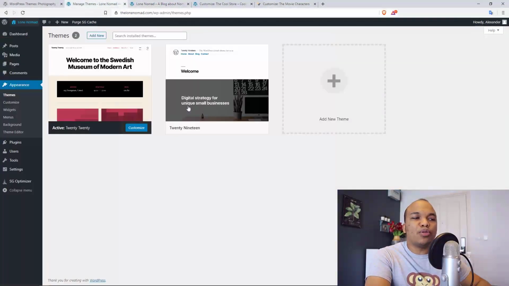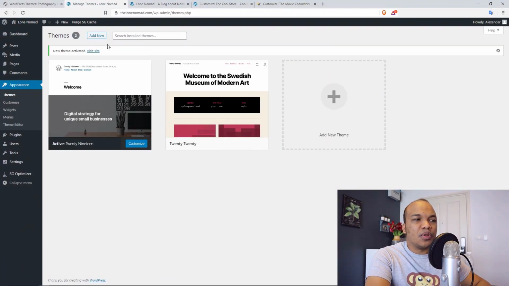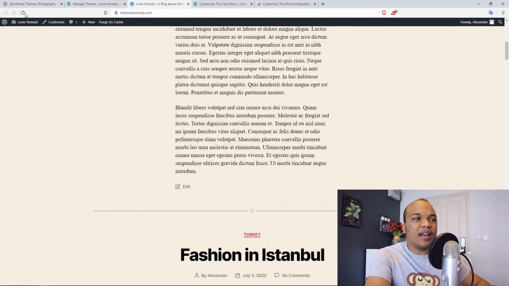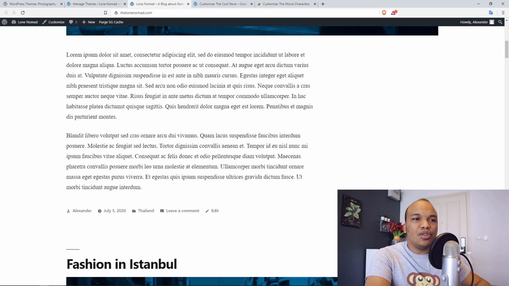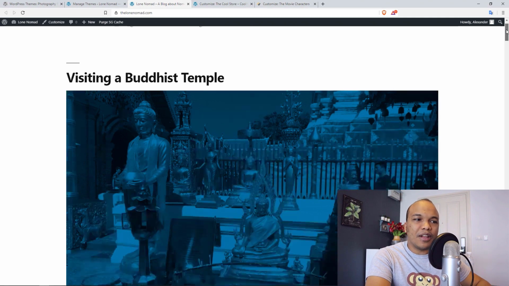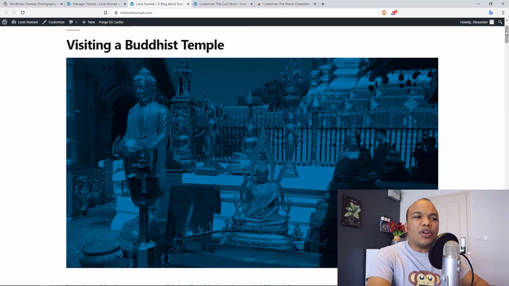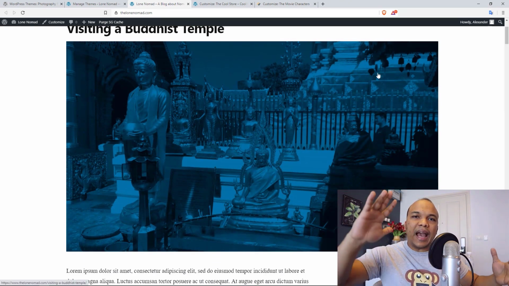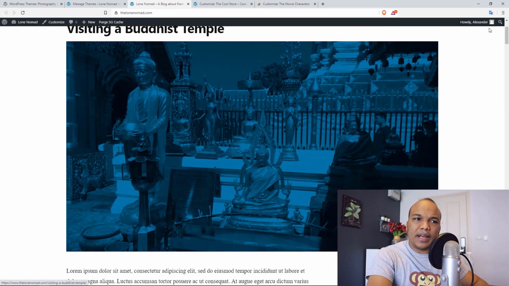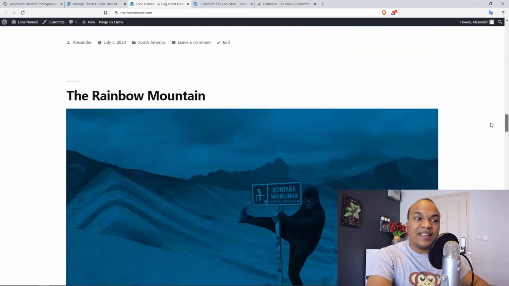If I go back in here and I switch from 2020 to 2019 by clicking on activate, you can see right now it says new theme activated, visit site. If I go back in here and I refresh the page, do you now see the massive difference? Right now the background has changed. It's now white. And right now you can see that the featured image is now projected a lot bigger. And you can even see that the images now have like a blue overlay, right? You can see all the images now have this blue overlay, and that's basically the design